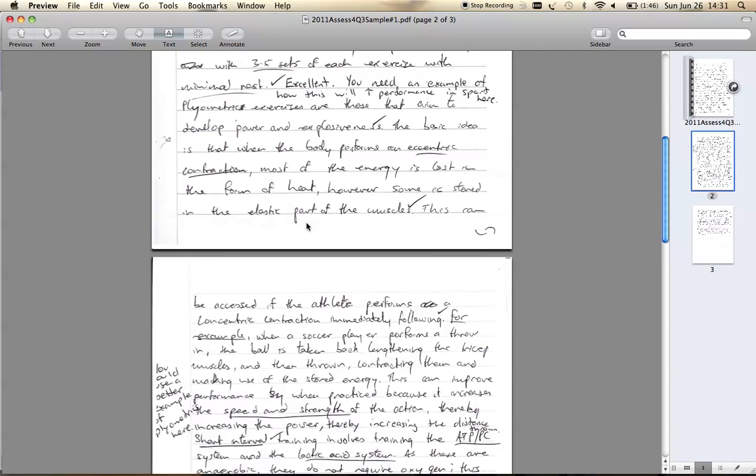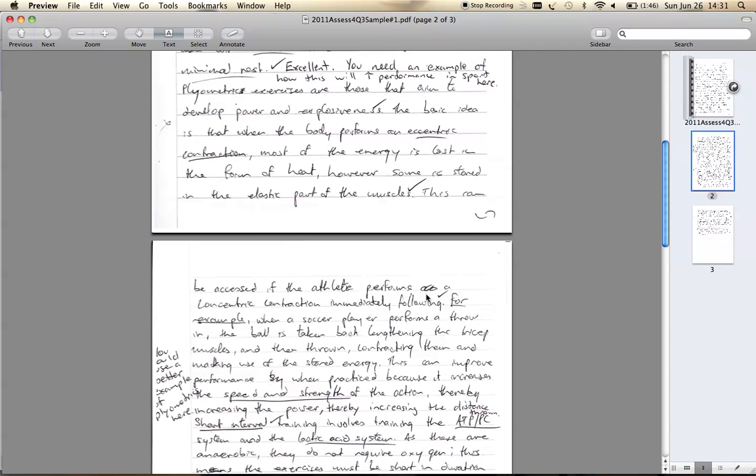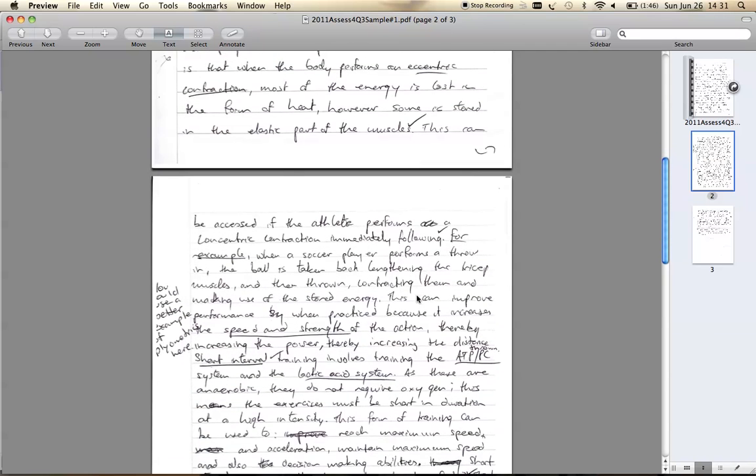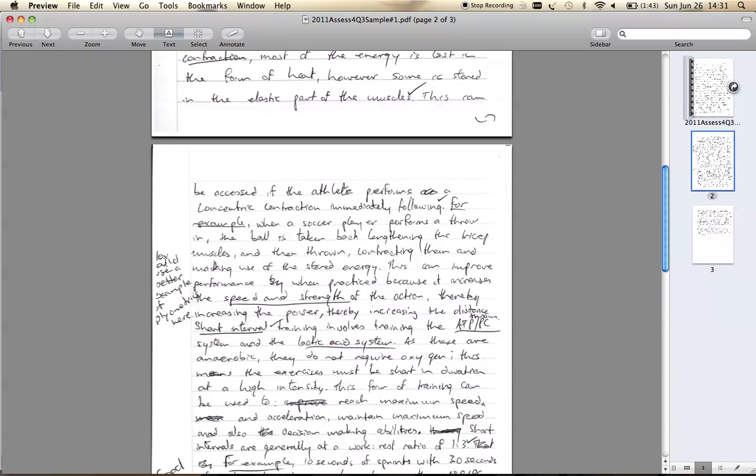Something stored here in the elastic part of the muscles, and that's the principle behind plyometrics training. That's why it's done. His example, I've written here, you could use a better example of plyometrics. He's tried to combine a sporting example with a training example, but what you need to do